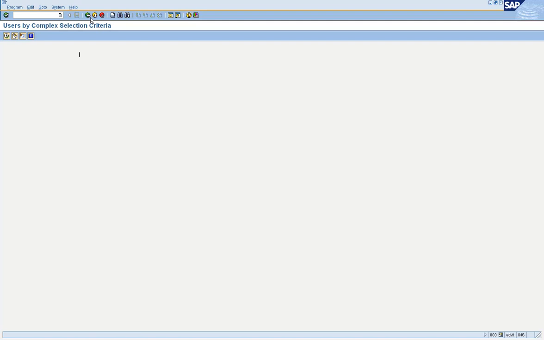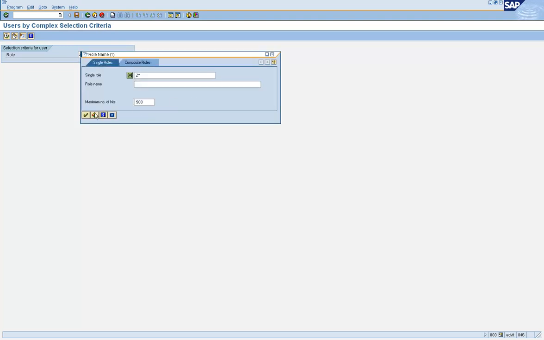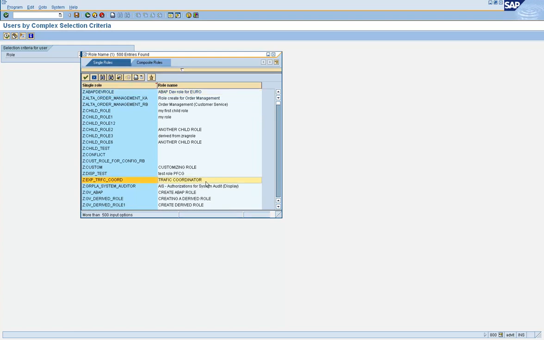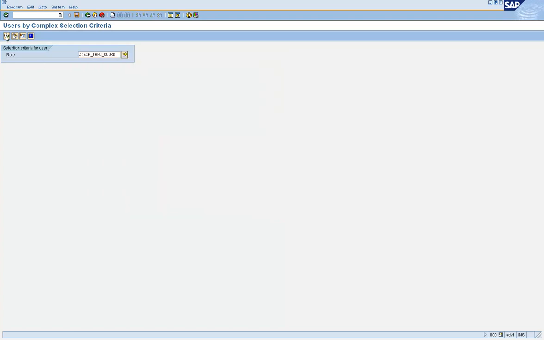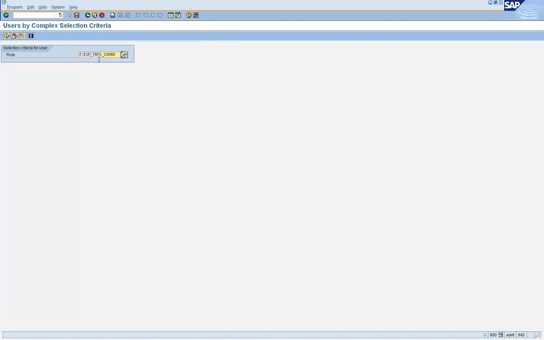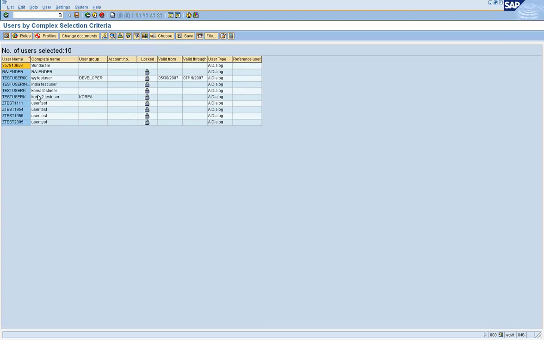Okay. So let's take some other role and find out. So it's assigned to that role. Which one? This role, Z colon EXP TRFC code, is assigned to 10 user IDs.